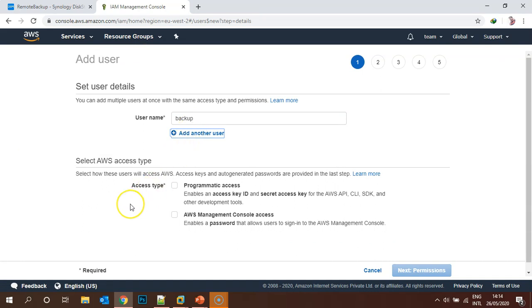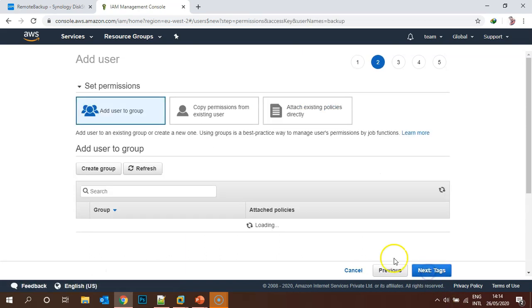What type of access do you want to give, programmatic access or AWS management console access? I just want programmatic access for the backup. That means the user can only access via access key ID or secret key from the AWS API, command line, or SDK development tools.